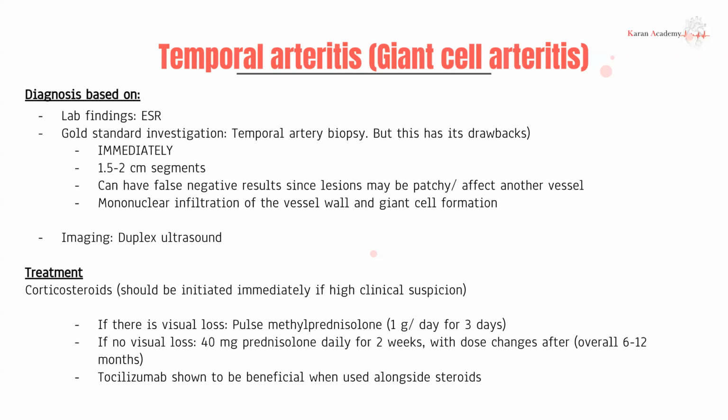That is a long course, and almost all people, if put on a high steroid dose for that long, are going to develop some of the steroid side effects. So you need to be very mindful of those side effects when you do start someone on long-term steroids. Tocilizumab is a monoclonal antibody that's been shown to be very useful when started alongside steroids. And often what they usually do now is, instead of 1 full year of steroids, they hit them with a 6-month steroid plus tocilizumab combo, and that usually has been shown to have a better response.